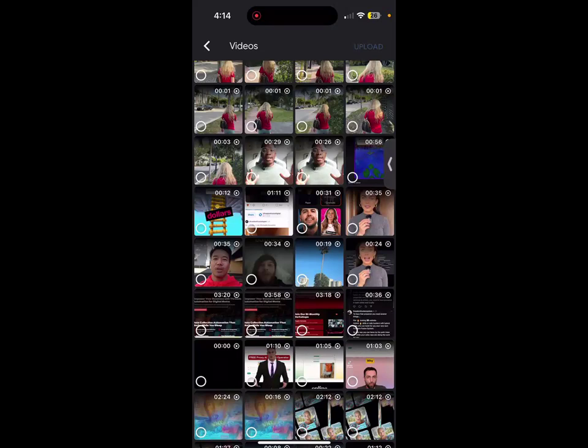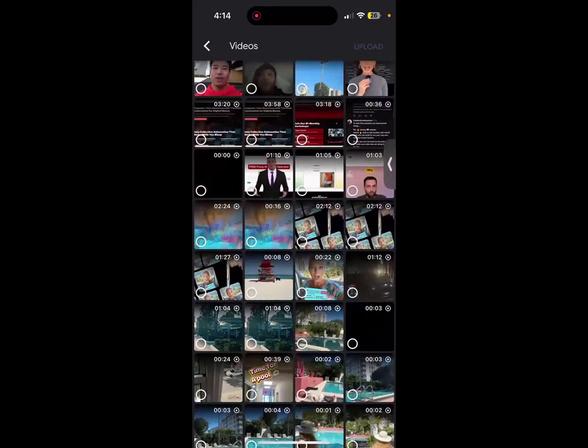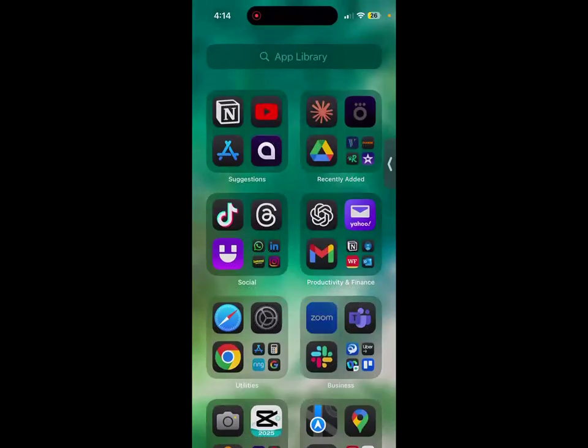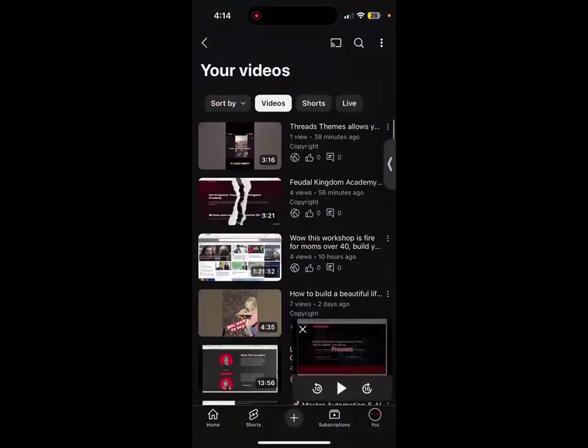And duplicates, don't worry about them, guys. Just do it. Pick the most recent ones, or pick the ones that are somewhat resonating with your brand, and just upload a couple of them, and you're going to be good to go. If you're struggling, thinking maybe you already uploaded something, you could quickly look in your YouTube and see whether you have uploaded it before or not.